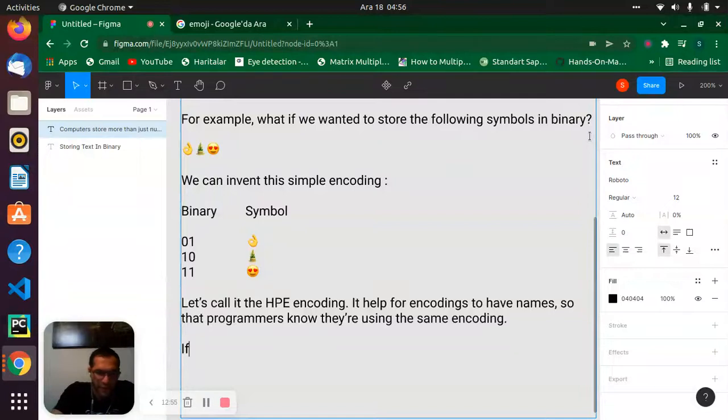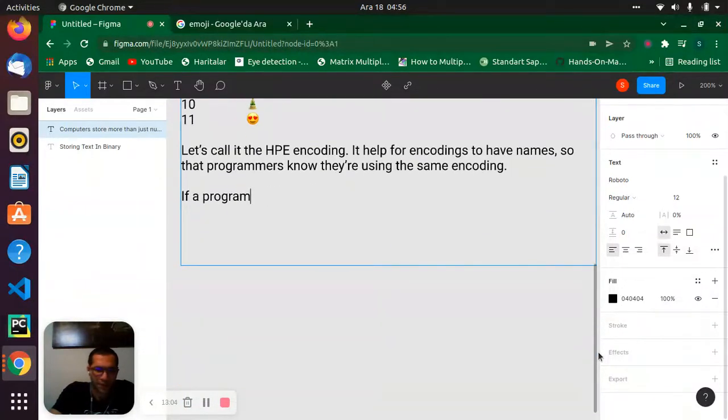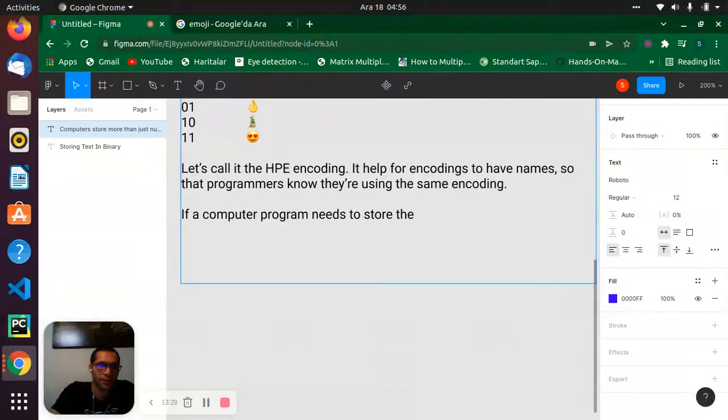If a programmer, let's come down. Okay. If not a programmer, if a computer program needs to store, let's say, this emoji, okay?